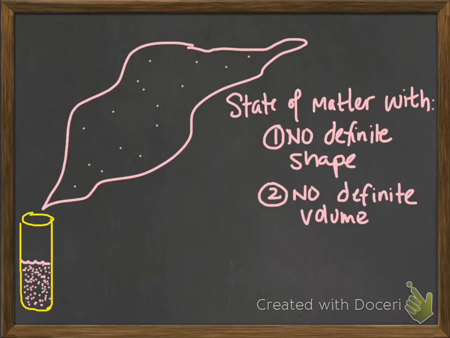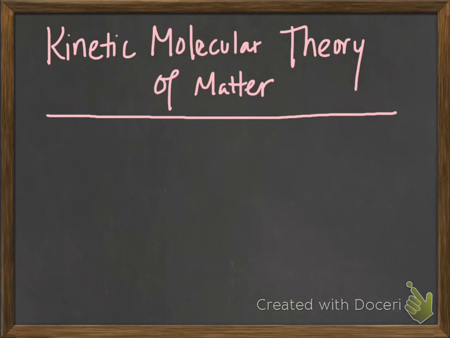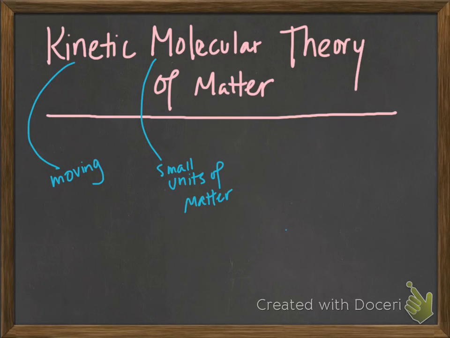Well, to talk about what a gas really is, we're going to have to talk a little bit about something called the kinetic molecular theory of matter. It sounds serious. Well, as a matter of fact, it's pretty simple. So you know that kinetic means moving, and molecular means small units of matter, and matter is just all the stuff around us. And you also know that in science, a theory is something that has lots of evidence to back it up, that's been repeatedly tested, and hasn't really found anything that knocks serious holes in it. So the kinetic molecular theory of matter, you might be surprised to know, you already know.